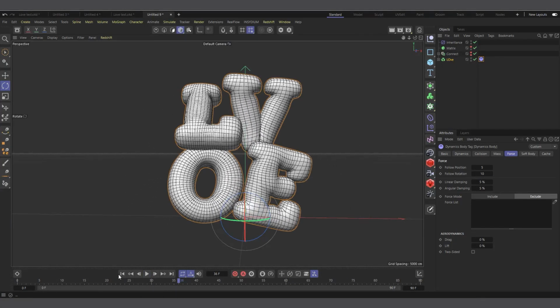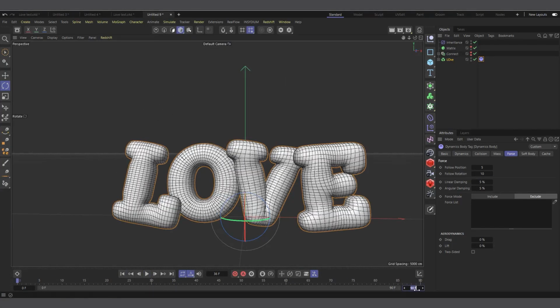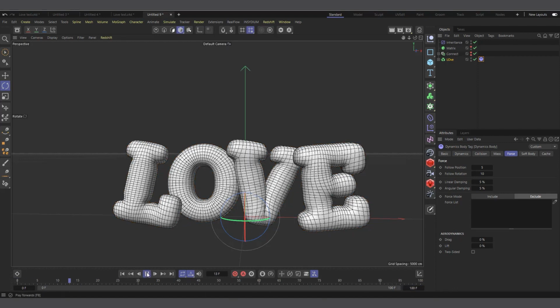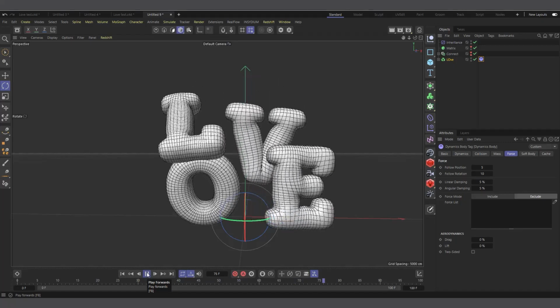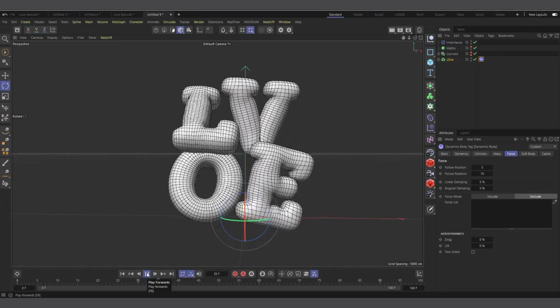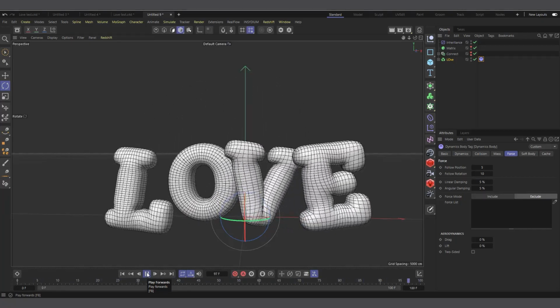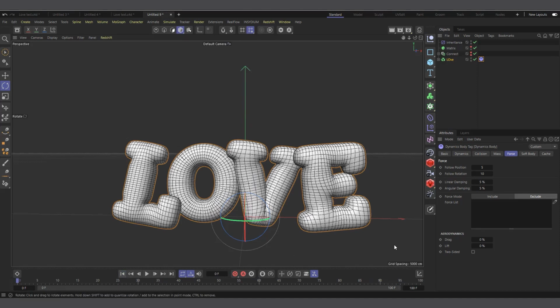So let's actually increase our timeline a little bit to like, let's say 100. And you can do the same thing, like increase the drag probably to like say 100, and let's increase the timeline a little bit as well. So let's do it 120,